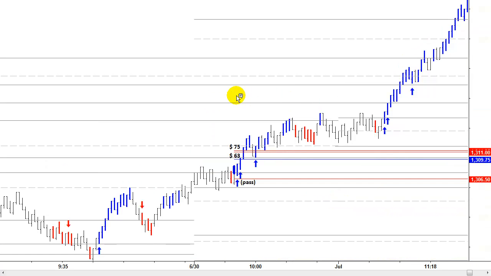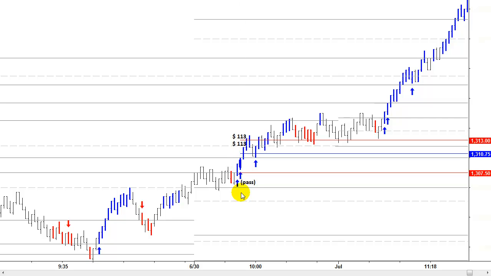This first setup bar of the day is a trade I would have passed on. The entry is so close to this position trading level. I would like to see the market go up to this position trading level and perhaps pull back to it. The second setup bar, if you're going to take this setup bar, since it is early in the day, is a better trade to take in my opinion, because the market's already shown a willingness to go through,